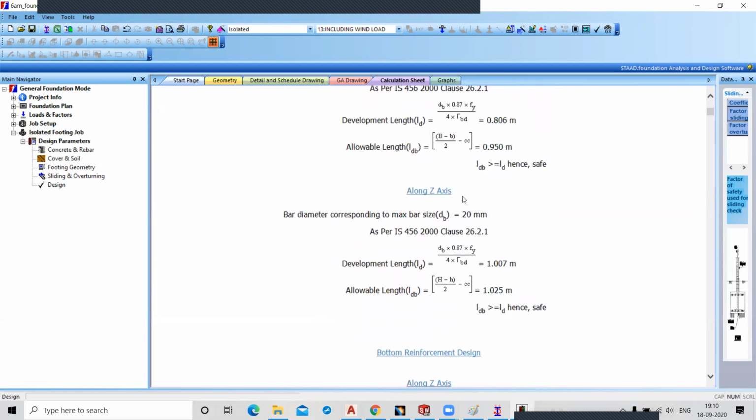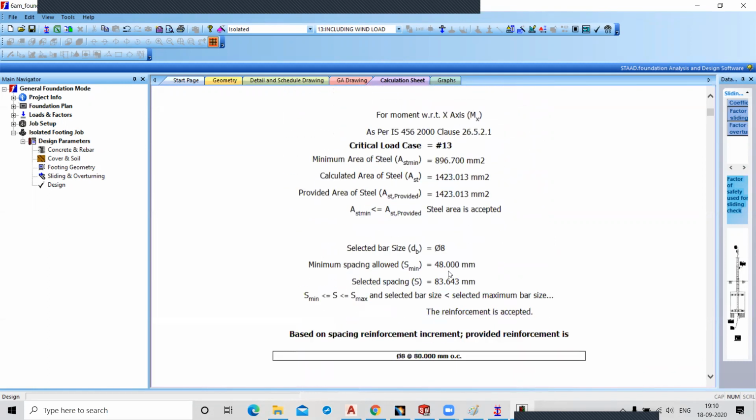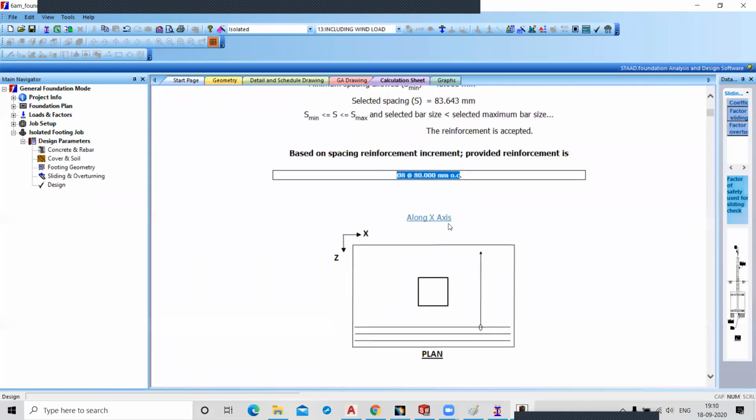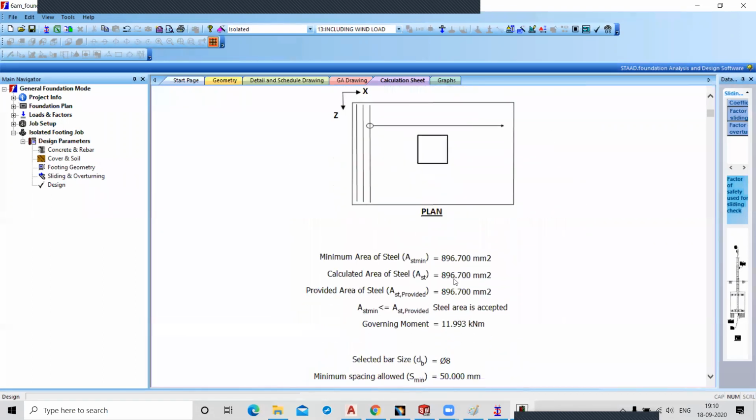This is the reinforcement calculation. Along the Z axis, safe, and safe. In the bottom, see, this is your calculation. Right here, this is along the x-axis, and this is your result. This is for the top reinforcement.